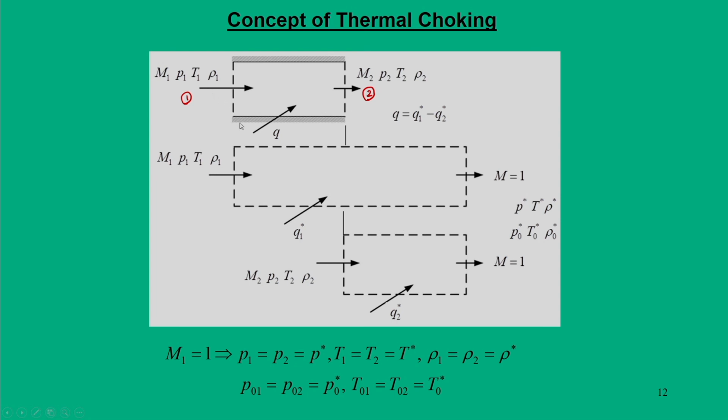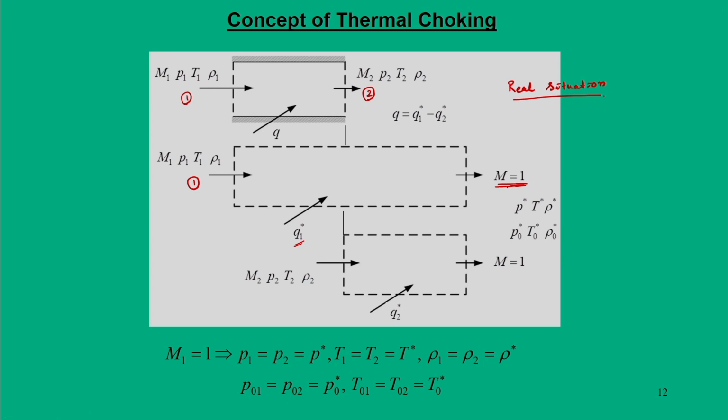The change in the flow properties is achieved through a heat transfer Q. Now, this is a real situation, and in a hypothetical situation, we assume that if I want to go from the condition 1 to a sonic state through heat transfer, I have to add a magnitude of heat, that is Q 1 star, such that at the downstream the Mach number will be unity.